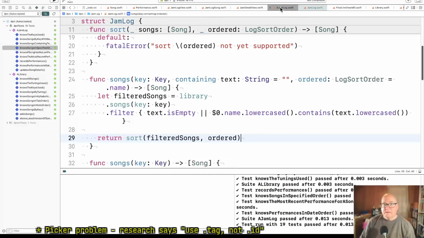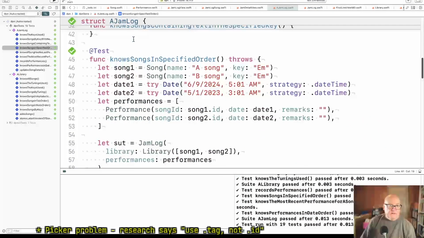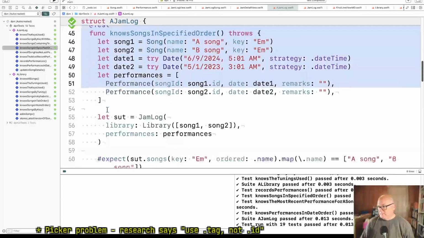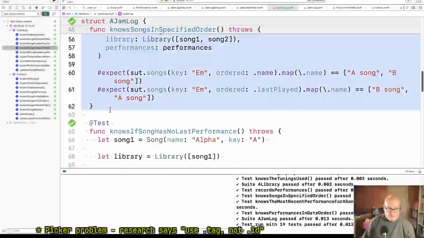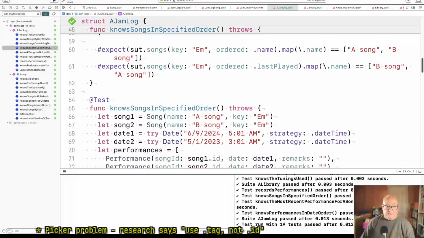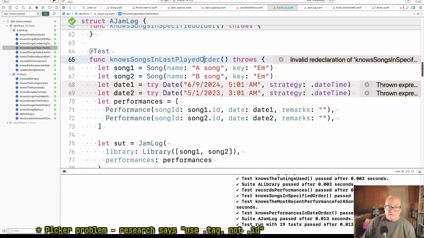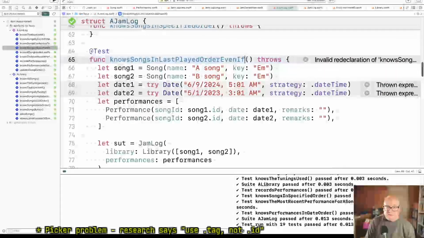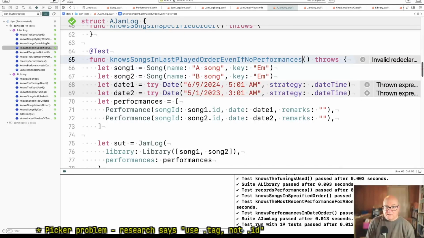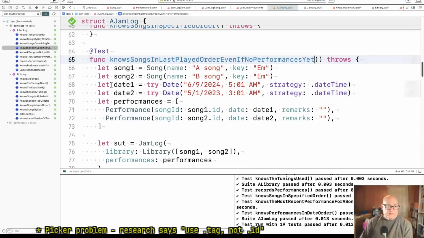Okay, now the tricky ones. We got to have two cases where the songs are nil. No song in last played order, even if no performances yet. Okay, so let's say